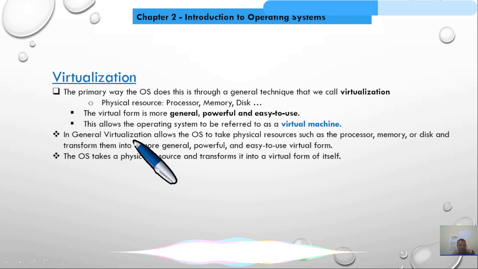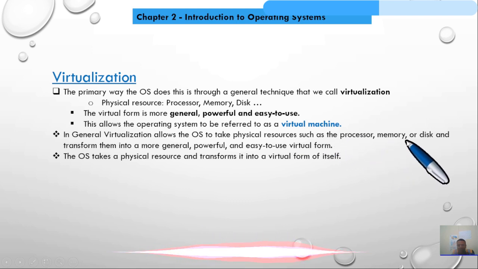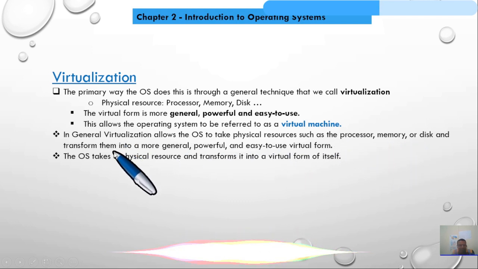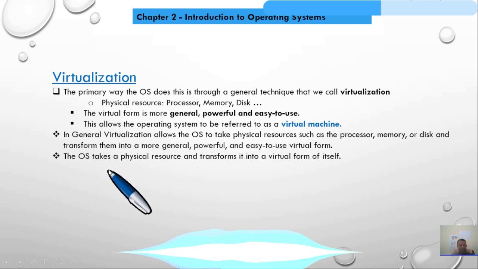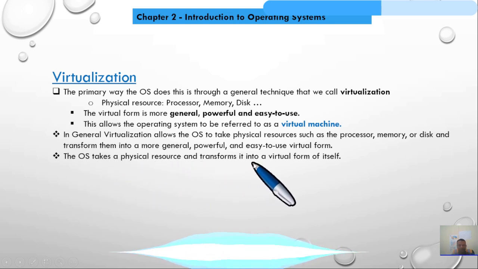In general, virtualization allows the operating system to take physical resources such as a processor, memory, or disk and transform them into a more general, powerful, and easy to use virtual form. What does it mean?